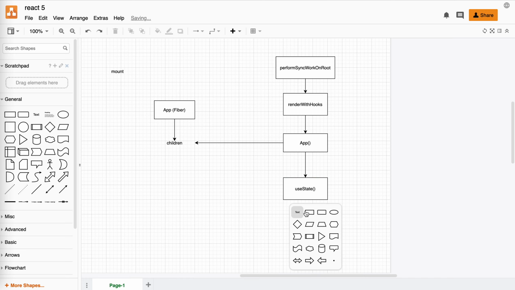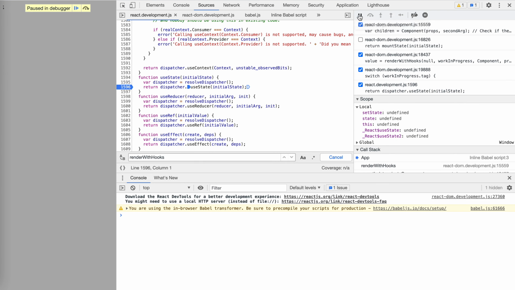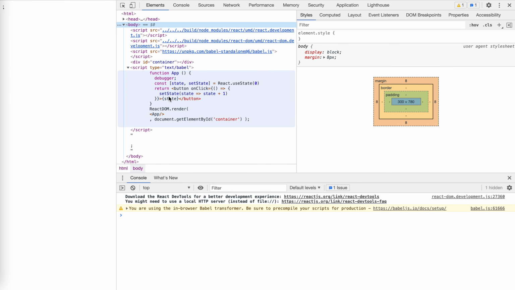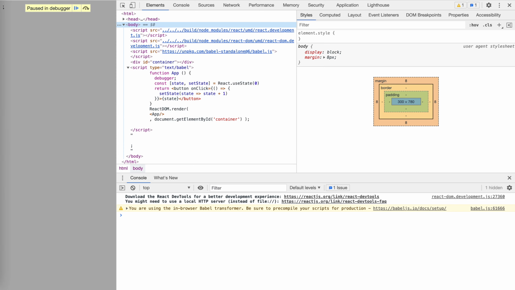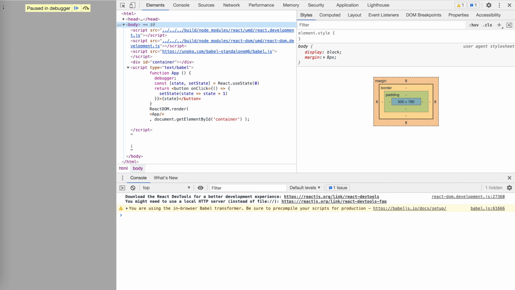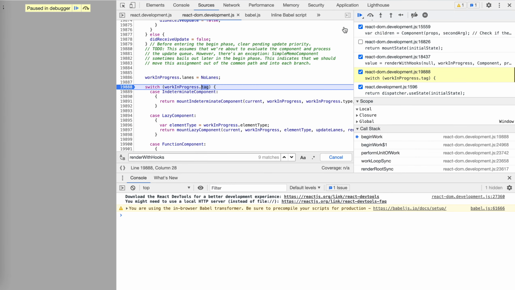Okay. Which is dispatcher use state. And let's see, what is in it? It should actually return, as we would expect, an array holding the state and the update function, right? Okay, let's continue seeing it. Actually, it returns, what is it? Return,